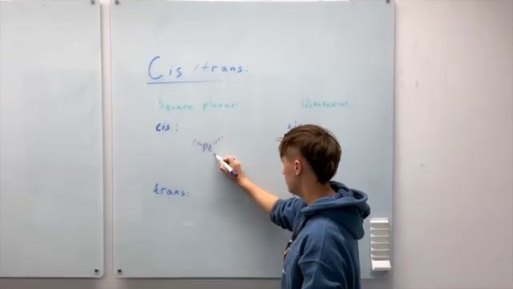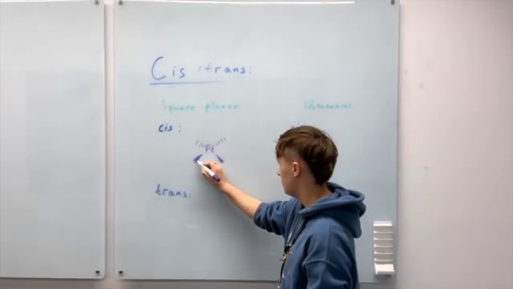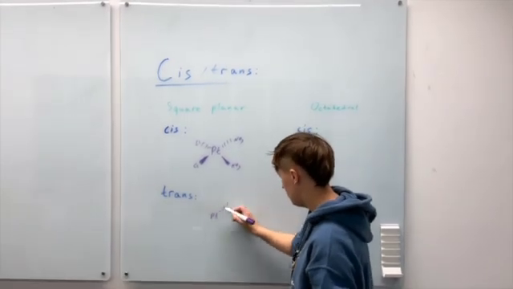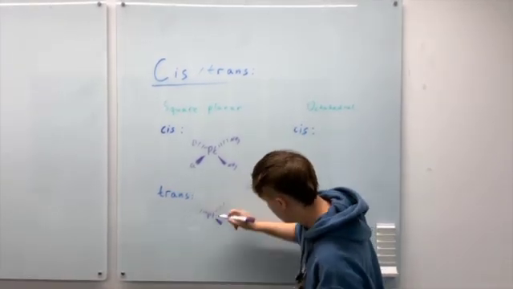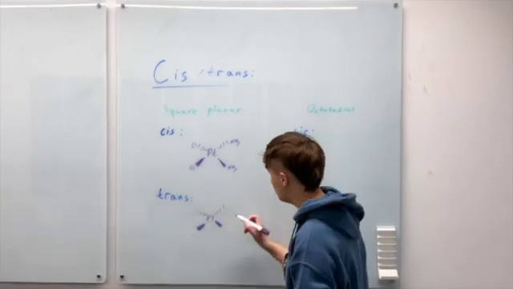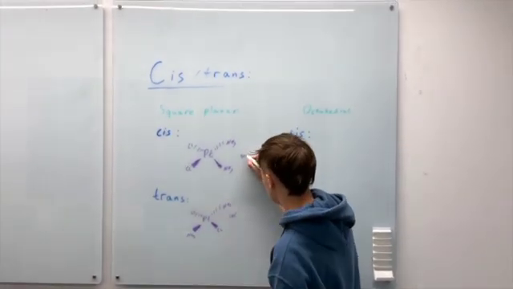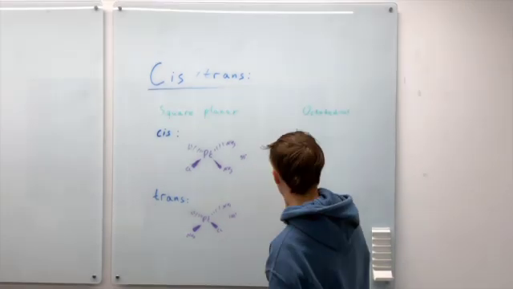Here are some examples of cis-trans complexes with monodentate ligands. For square planar, we have cisplatin and transplatin, which have different properties despite having very similar structures. Because of this, cisplatin can be used in cancer treatment, while transplatin is clinically useless, yet this does not excuse